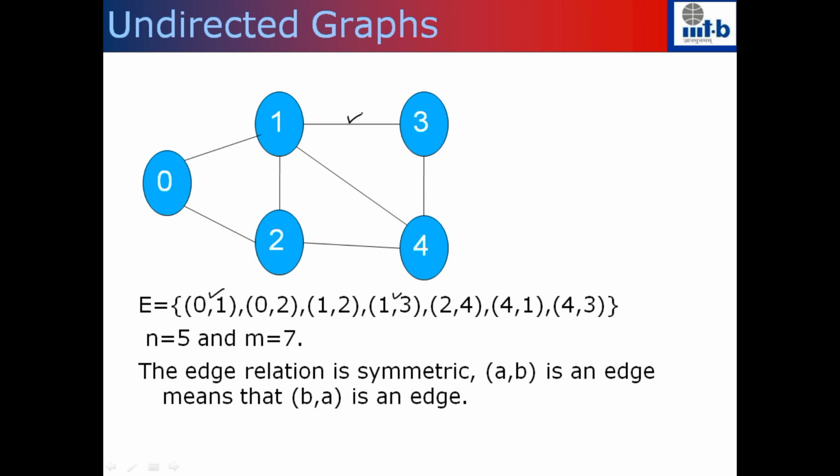An example: if there are no restrictions in the traffic, if you can move in any direction, then the city network will look like an undirected graph. And if you look at friendship as a relationship on social networks, then friendship by definition has to be mutual. Two people being friends means that A is a friend of B and B is also a friend of A. So this is a symmetric relationship, which is an undirected graph.